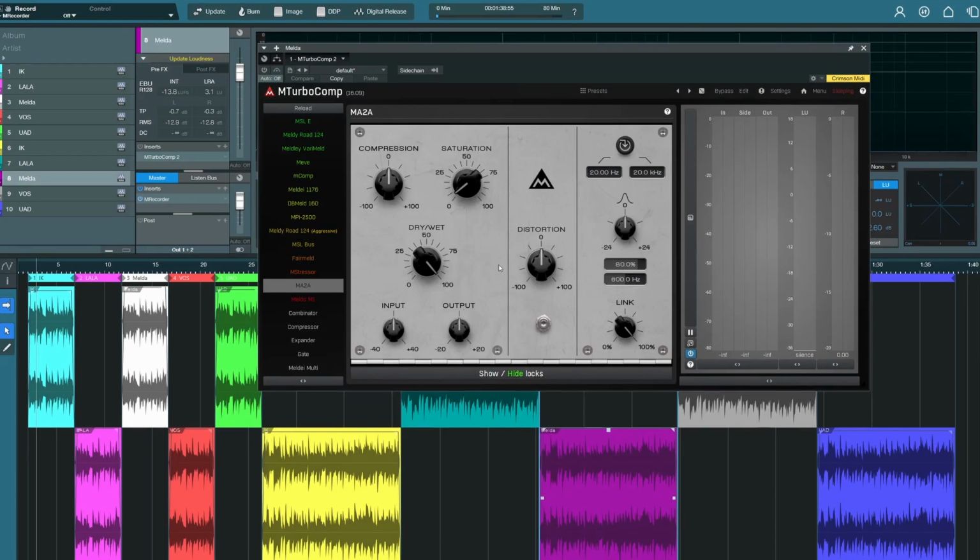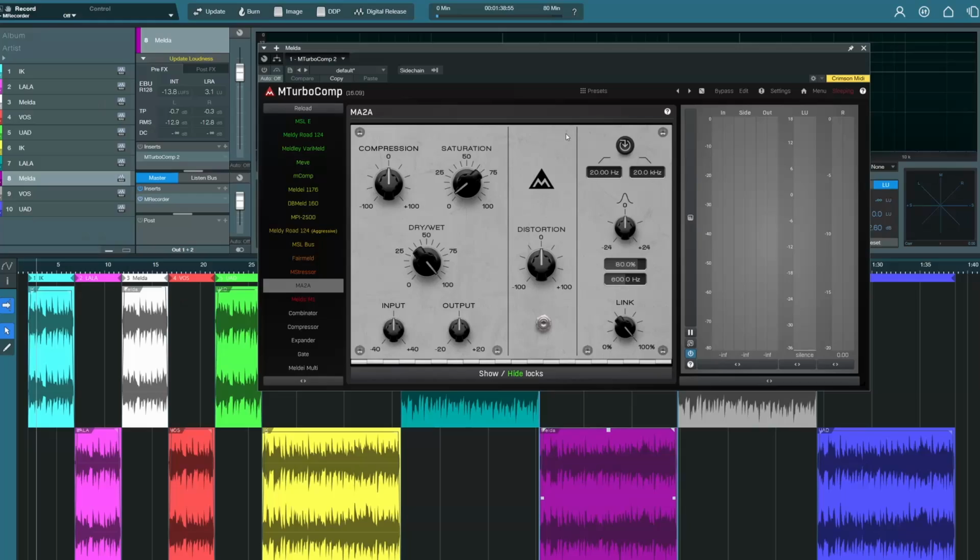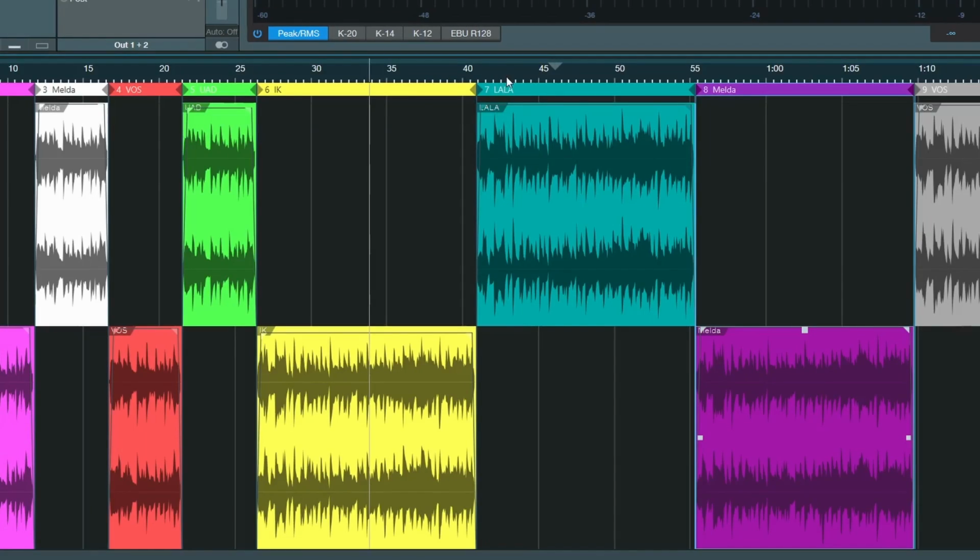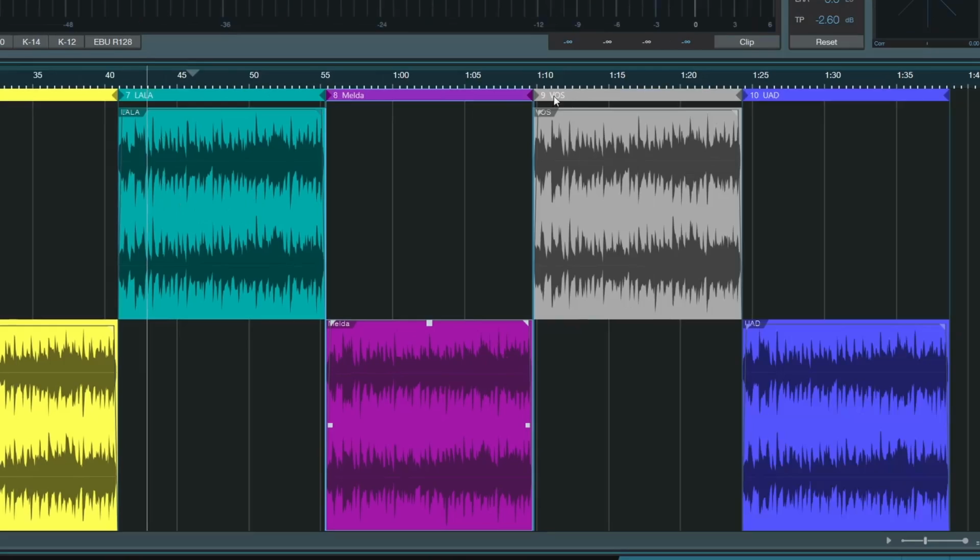First of all, I think they all sound quite similar except for the Melda plugin. This one probably only is in limit mode and you can't change it into the compression mode. And all the other plugins I used the compression mode. I have to say this is the one I like least. Maybe you could say LALA has the least high end. Then the IK and the LA-2A seem similar, and the Variety of Sound and the UAD one seem similar.